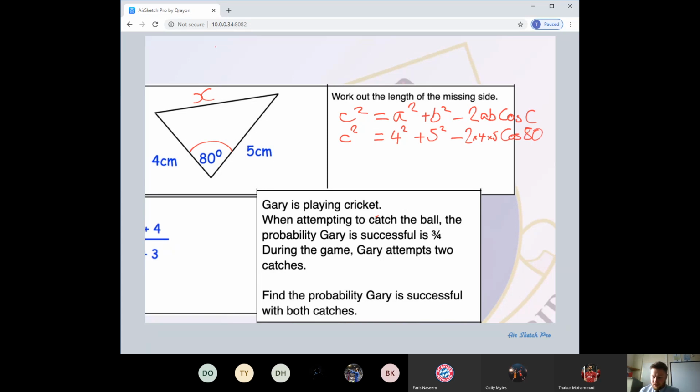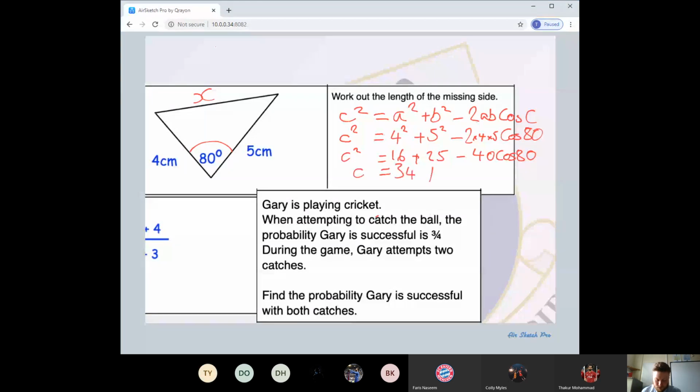And here we can just put all of that into our calculator. So I'm going to do that now. I'm going to get my calculator out. So we've got c squared is equal to 16 plus 25 minus 2 times 4 times 5, which is going to be 40, cos 80. So if we put that into our calculator, 16 plus 25 minus 40, I'm going to need to go on the scientific calculator, minus 40 cosine 80 is equal to